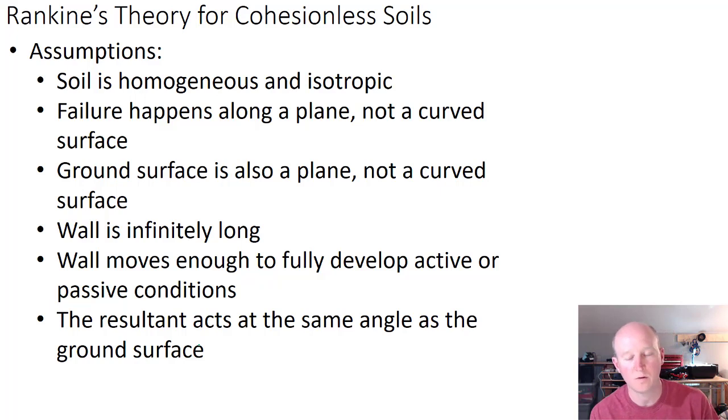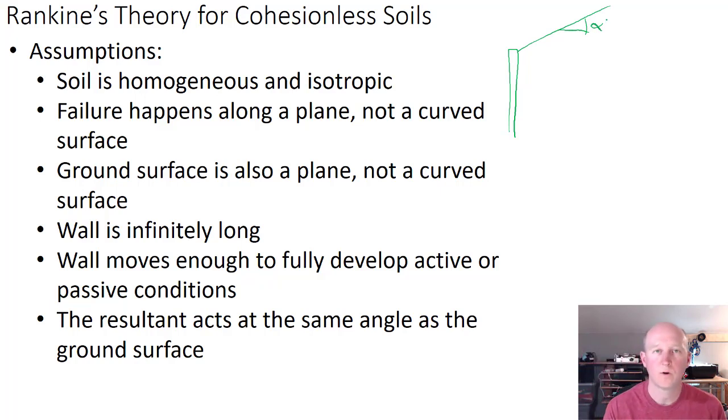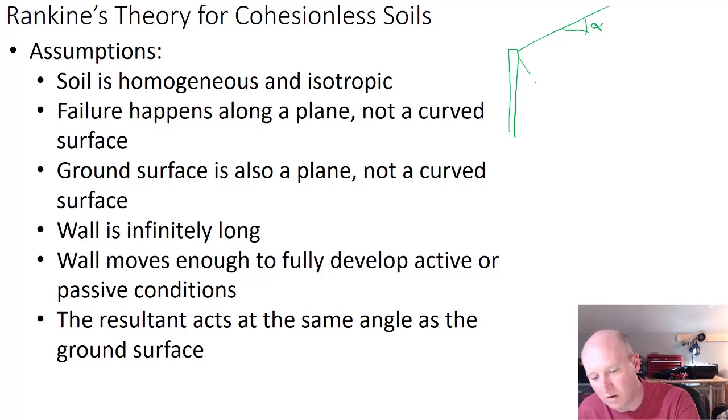So one thing that wasn't considered is, well, what if our wall is retaining soil that has an angle, right? And this is not that unreasonable. What are we to do then? It doesn't take into consideration this angled wall, but we know that by having more material above the backfill, it's going to increase the likelihood that the wall fails. And what that really means is that there's going to be an increased stress on the back of the wall, right? So this stress is going to go up